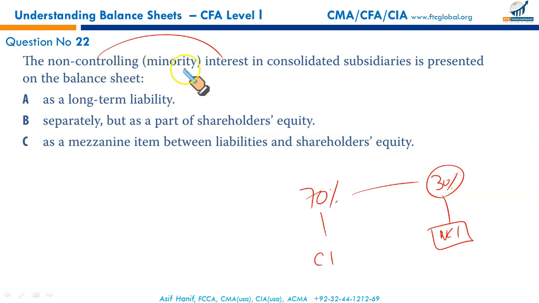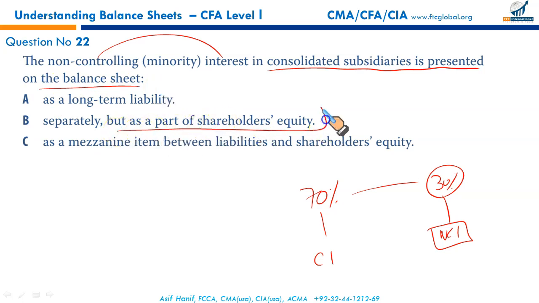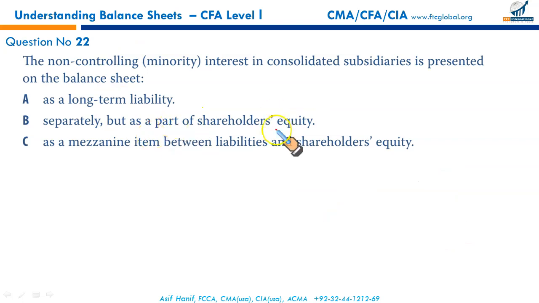So how do we report the non-controlling interest in the consolidated balance sheet? I told you a little while ago, it is reported within the shareholders' equity as a separate part, just like we report our treasury stock separately as an unallocated reduction. So this non-controlling interest is reported within the shareholders' equity section, in the statement of change in equity. So this is the right option.